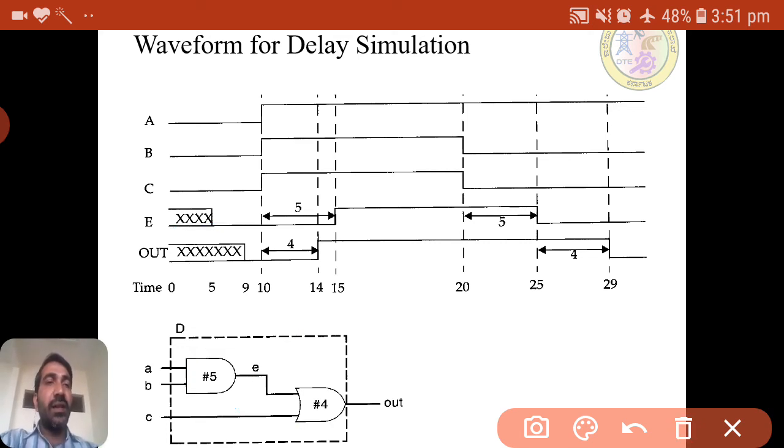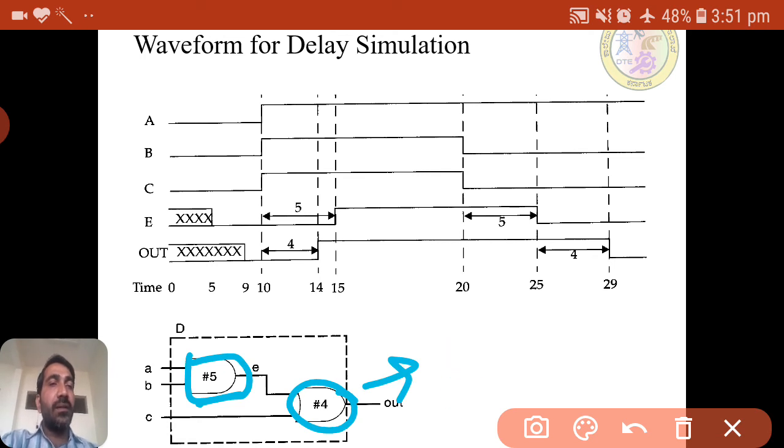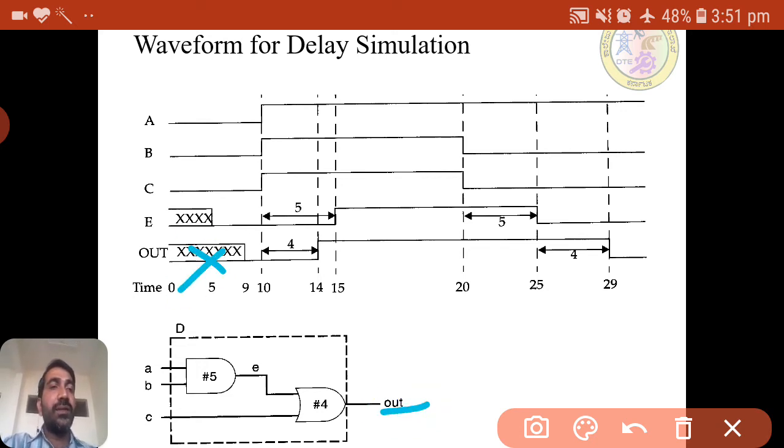Actually, out's own delay is only 4. Suppose the inputs are valid; the out signal will give the output after 4 nanoseconds once these two are valid. But at the initial stage this is also not valid, so because of the 5 delay plus 4 delay, up to 9 it will be waiting, so out will be unknown.